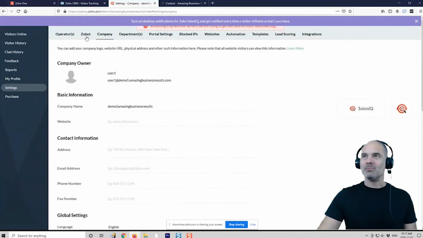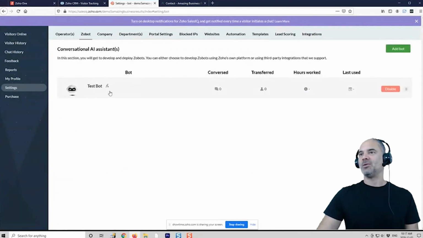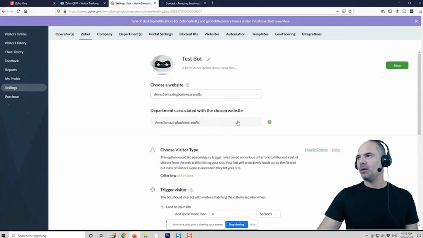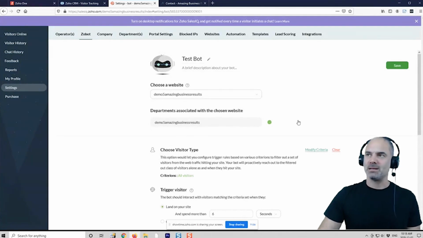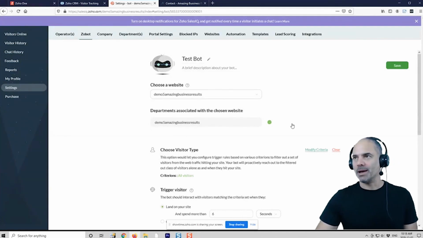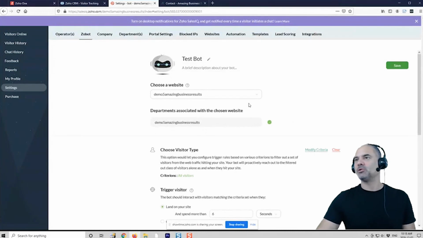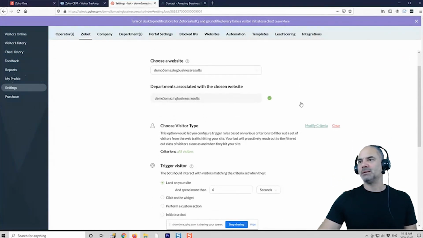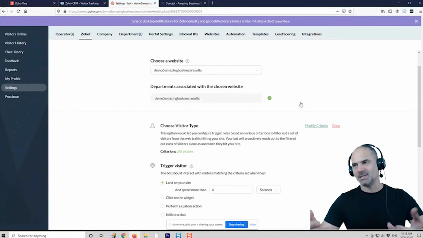Let's go with one more. Okay, so you have here in the bots, you have a section where you can create your own bots, and those bots are pretty interesting. I cannot say great or bad, but they're interesting and it's going in the right direction. We created a bot that automatically asks you questions.